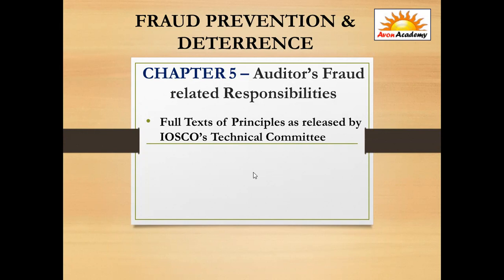Let's see the others as well. That is oversight of auditors, oversight by the bodies, qualification along with independence, the oversight body's process, discipline and remedial measures, and international cooperation. So these are the principles listed by the IOSCO Technical Committee towards auditor oversight. And there's also the Public Interest Oversight Board.